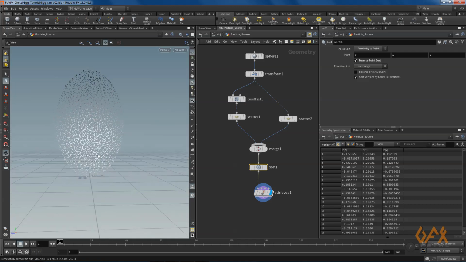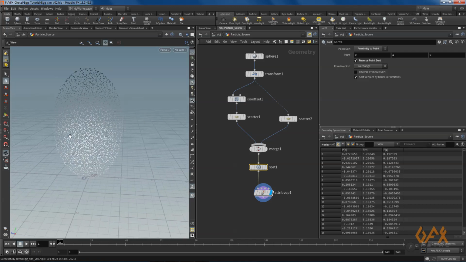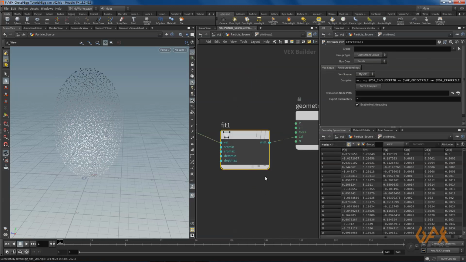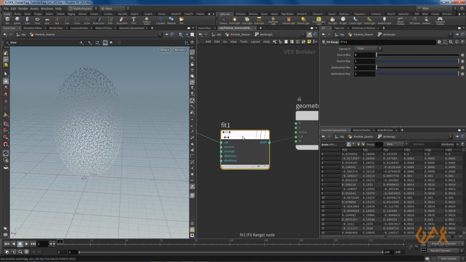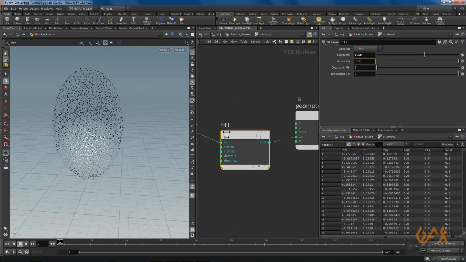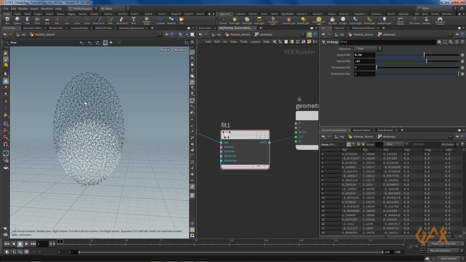Now I need some range set properly, so I go to fit range and define 0.58 and over here maybe 0.61. So what it did is that the value below 0.58 will become 0, and the value above 0.61 will become 1. So that's how you segregate this value.